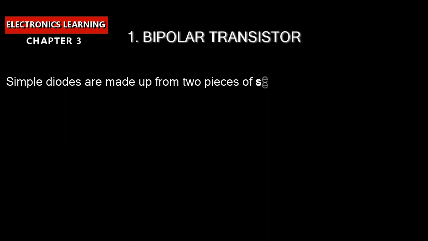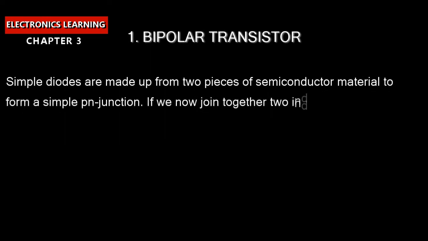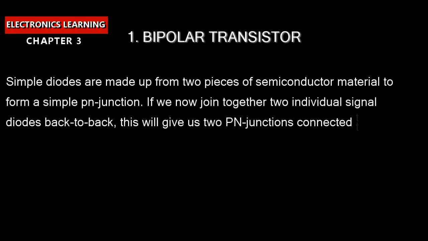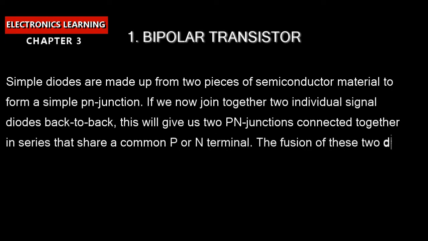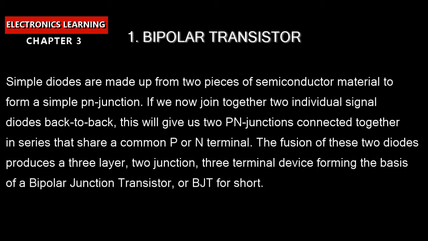Today we will discuss the theory of the bipolar transistor. Simple diodes are made up from two pieces of semiconductor material to form a simple p-n junction. If we now join together two individual signal diodes back to back, this will give us two p-n junctions connected together in series that share a common p or n terminal. The fusion of these two diodes produces a three-layer, two-junction, three-terminal device forming the basis of a bipolar junction transistor,